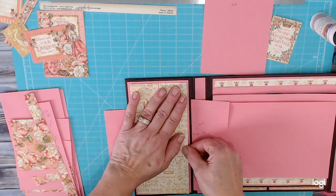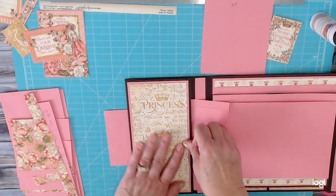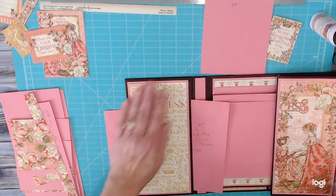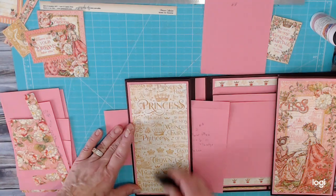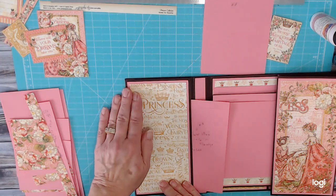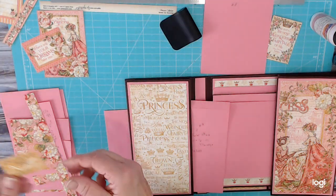And once we get this all done, we'll just kind of go and we'll use our press there to soften those score lines to make them compensate for the extra thickness. All right, I like that. Let's add something to that. Let's add,